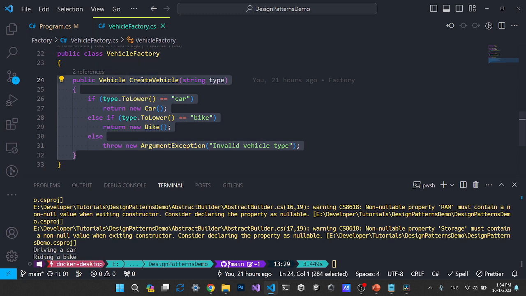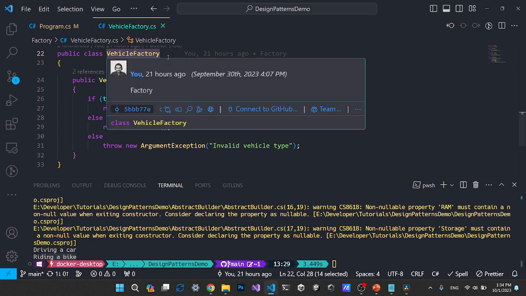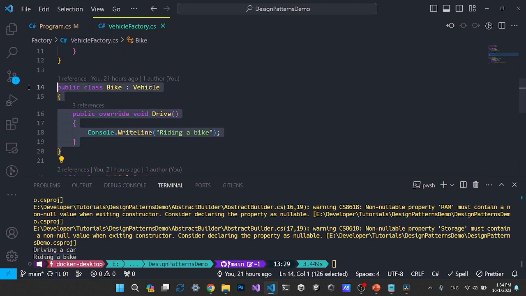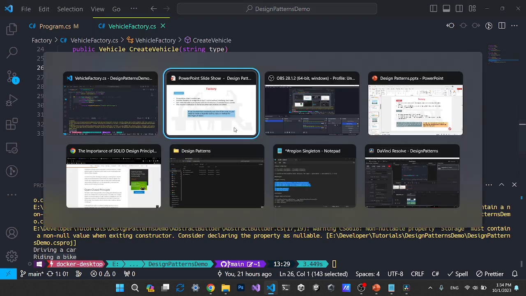It can be extended with other functionality that we implement, but it should not allow modifications to the class once created. That is the open closed principle: open for extension, closed for modification. In the future, if we introduce a few more vehicles, we will have to modify this class, so it is conflicting with that